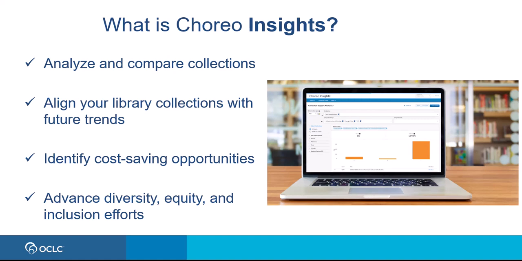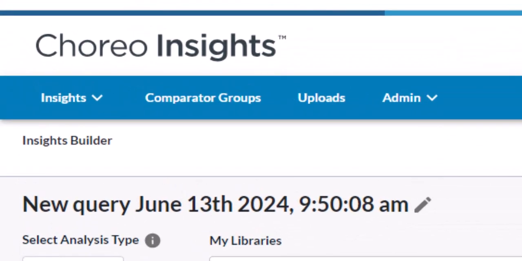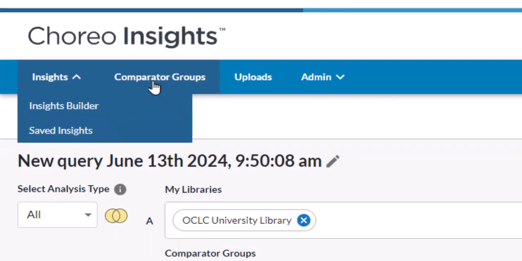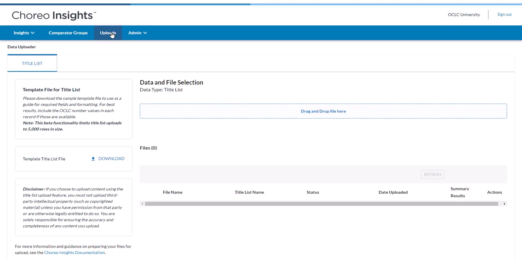Let's have an overview of Choreo Insights options. After you log into your Choreo Insights account, you arrive at Choreo Insights homepage. On the top menu, you find the following options: Insights, to build your queries and manage saved queries; comparator groups, to add and manage groups to compare their collections against your institution collections; uploads, to add custom created title lists and compare